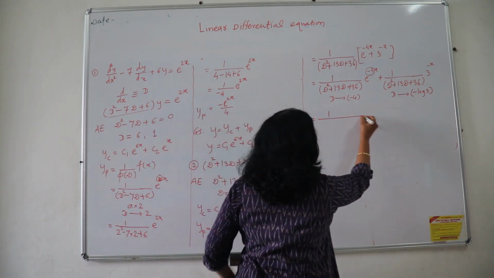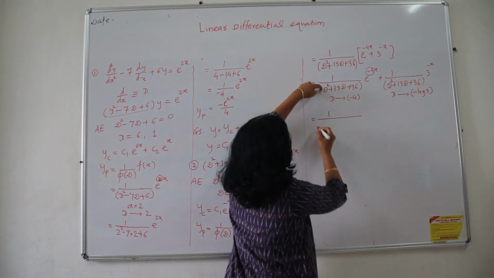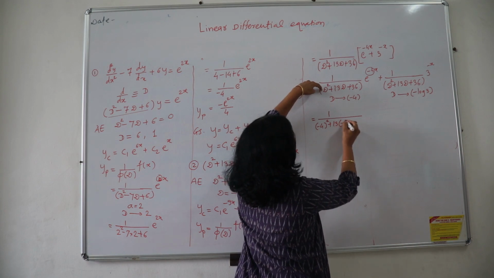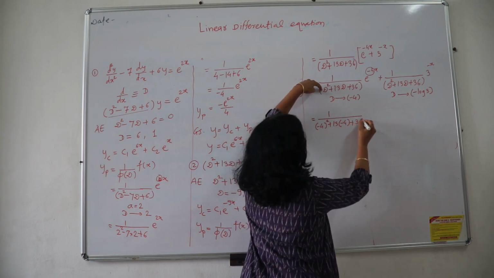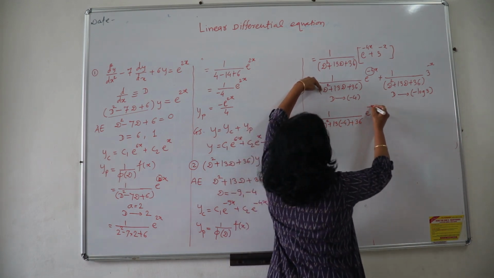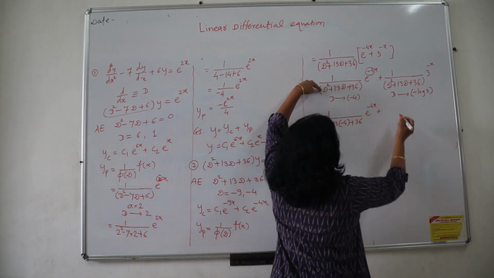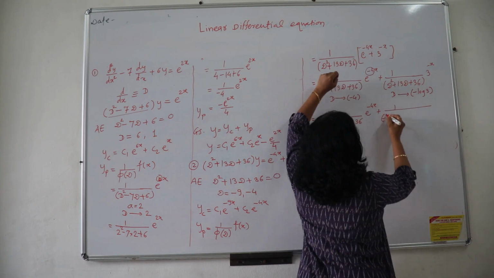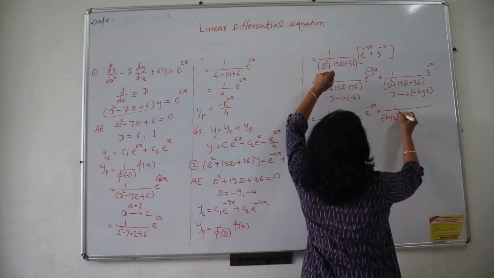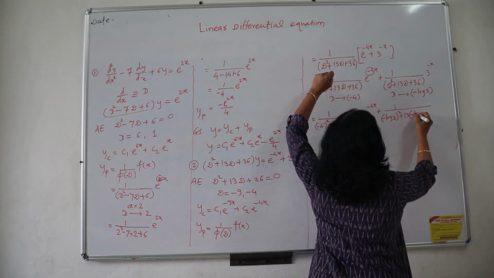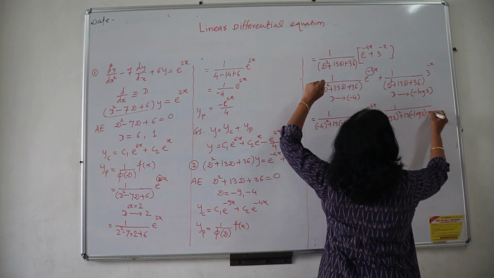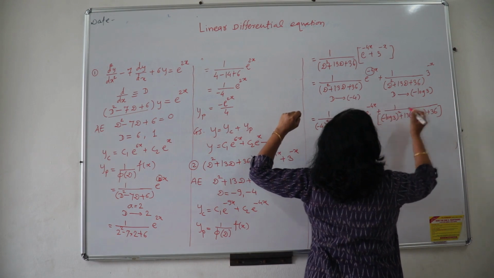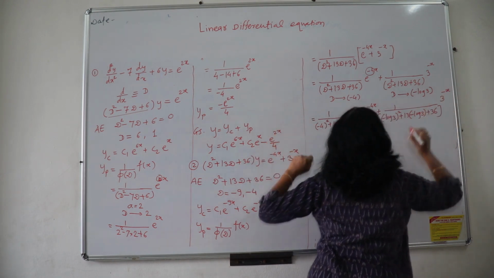Now if I place the value here, see, d is replaced by minus 4. So see here, minus 4 square plus 13 multiplied by minus 4 plus 36, e raised to minus 4x, and plus, meanwhile here d is replaced by minus log 3. So it is minus log 3 square plus 13 multiplied by minus log 3 and plus 36, and multiplied by, here you may put one big bracket in the denominator, 3 raised to minus x.